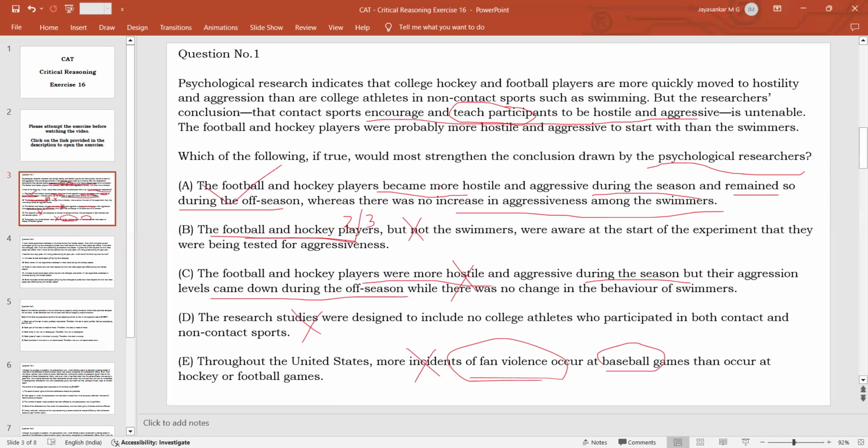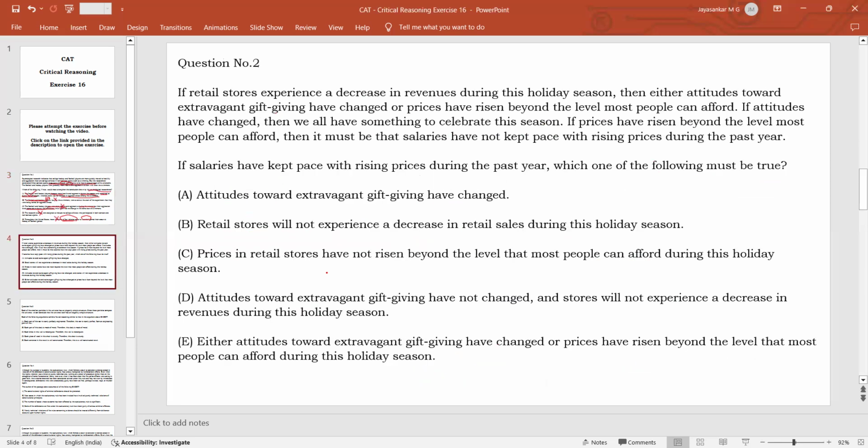So that is why that is the key element in answering this question. All right, go to the next one. The next one talks about some conditions. What are the conditions? If the